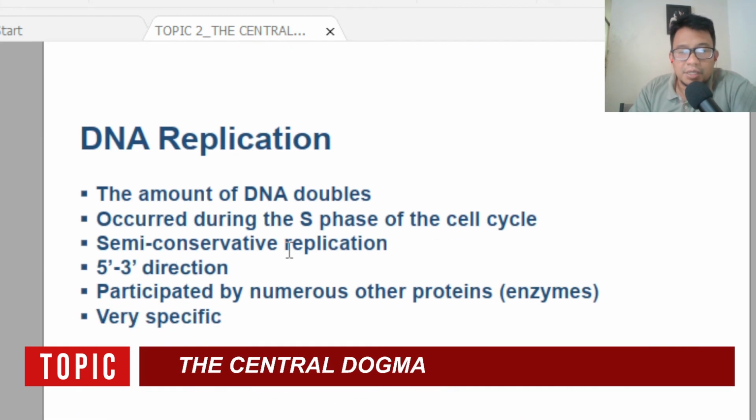So, when you say DNA replication, this is step number 1. Okay? So, the amount of DNA doubles. Diba? So, DNA replication. Remember sa katong mitosis ninyo, during the S phase, the synthesis phase, okay, ni double ang amount of DNA. That is in preparation nga kanang gitawag nato nga mo split ang cells. Okay. So, it occurred during the S phase of the cell cycle,